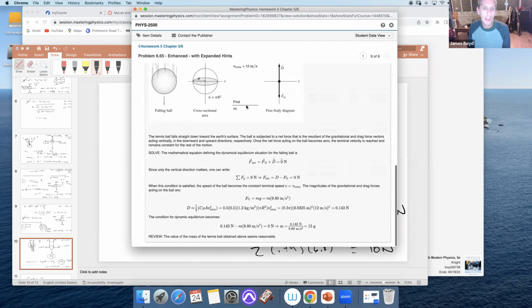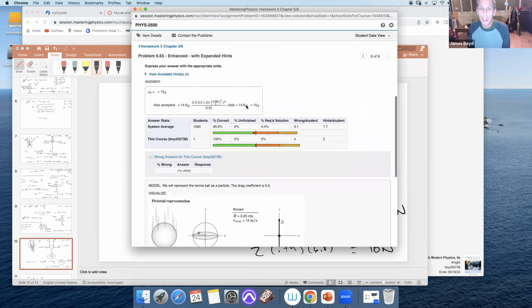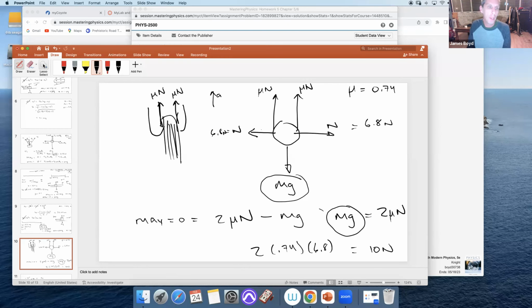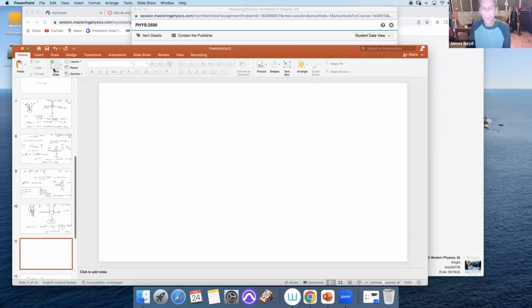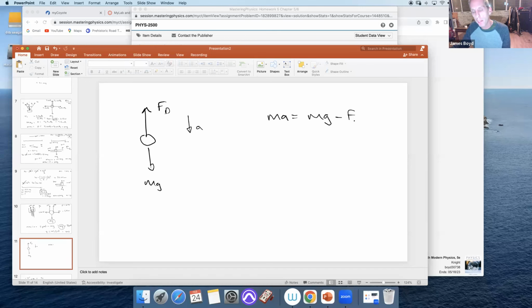And then finally, we have drag. And if you remember, man, it feels like forever since we did drag. When an object is freely falling, it has a force of drag and it has a weight, mg, and then it has an acceleration, which we can say is down if you want. So ma is mg minus F_D. But our force of drag is C, which is just some coefficient based on the object, rho, which is the density of air,